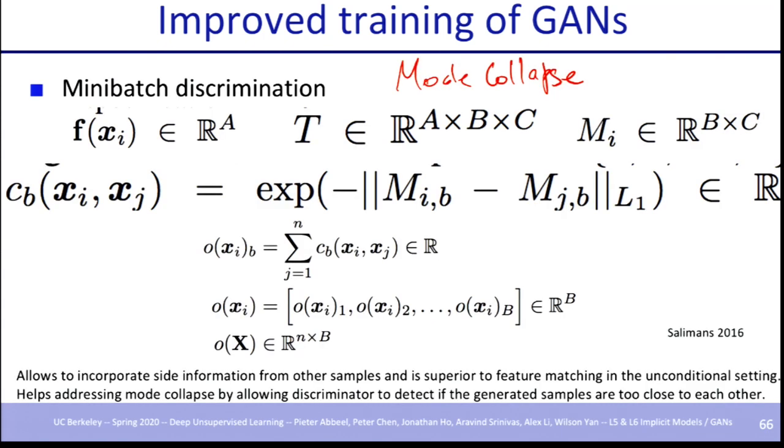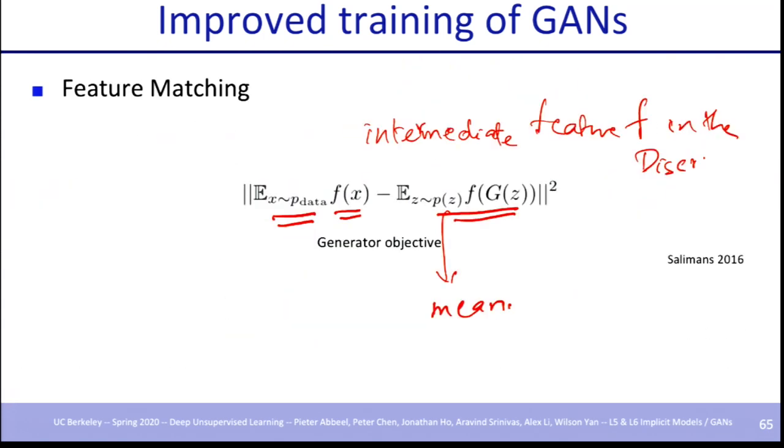In a way, it's a bit like a skip connection, isn't it? Just a way to enrich the signal going from the discriminator to the generator. Yeah, you could think about it that way, though it's not actually a gradient flowing from that layer. The gradient is just going to flow normally. It's just that you have an additional loss. And so those weights which are trying to get you all the way up to F, they're going to get two gradients. One is from your normal discriminator output, and this is the extra loss. It doesn't add new gradient paths, but it gives you more gradient for the parameters involved in getting you all the way up to F.